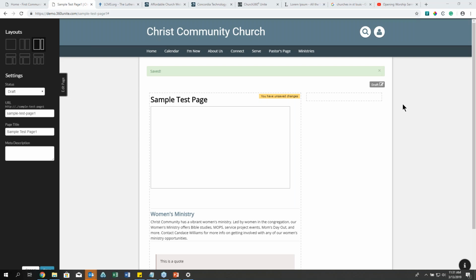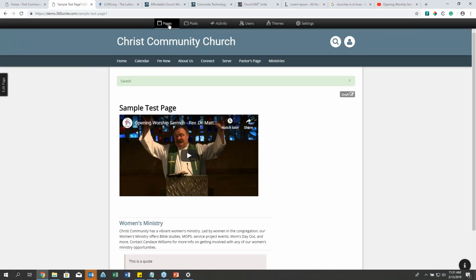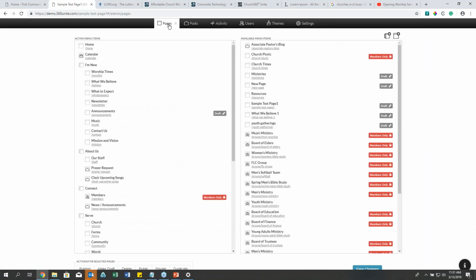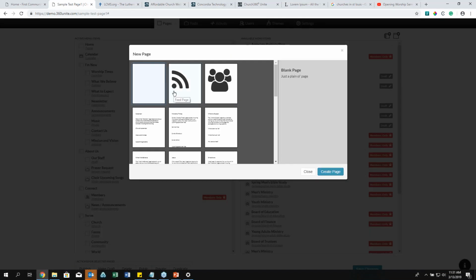So, okay. So the other type of page we need to take a look at is the feed page. So to access your feed page, close edit page here. You'll go to pages and you can either create a feed page or you can use one of the pages that's already in there. So I'm going to go to add page and I'm going to click on feed page